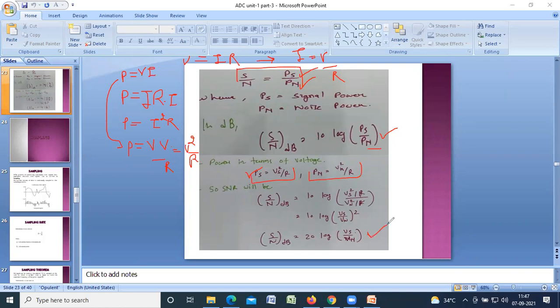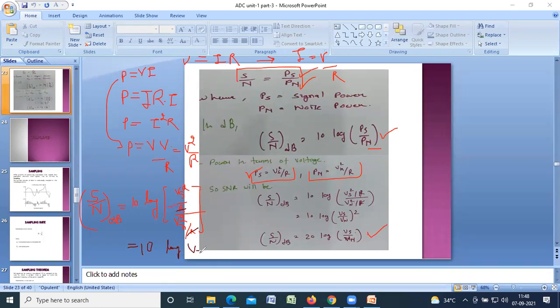You will get signal to noise ratio in decibel. कैसे? यहाँ पे put करो, ये बन जाएगा signal to noise ratio in decibel is equal to 10 log signal power as your VS square by R and your noise power is VN square by R. Now this resistance will cancel out. तो क्या रह गया? 10 log